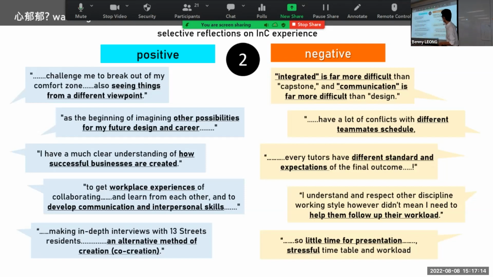Now, for the first two, I have to say that we try to deal with it. We're introducing team management and team building workshops, to give you some idea how to deal with this sort of situation beforehand. So that's one way of doing it. But anyway, we're going to discuss the tutor aspect later. But this is actually the challenge that people are aware of. And of course, workload, right?